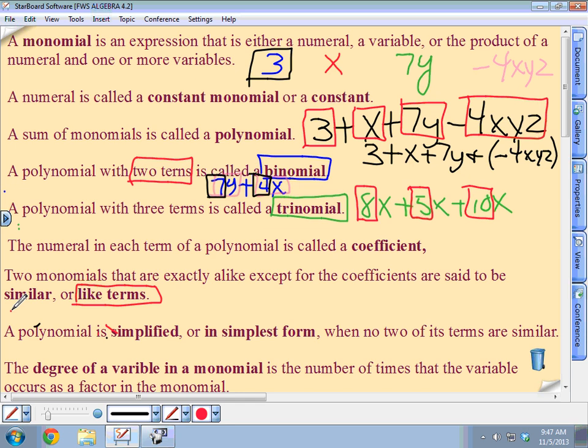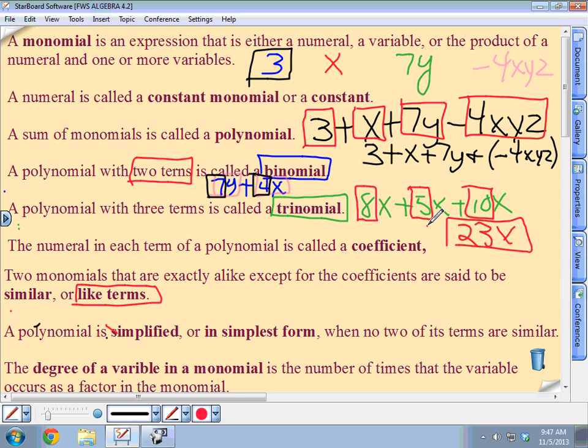A polynomial is simplified, or in simplest form, when no 2 of its terms are similar. All right? So, in other words, we can add these up. Add 8, 5, and 10 for me, Alex. 23x. So these 3 monomials that Eric gave me are actually the same as 23x,